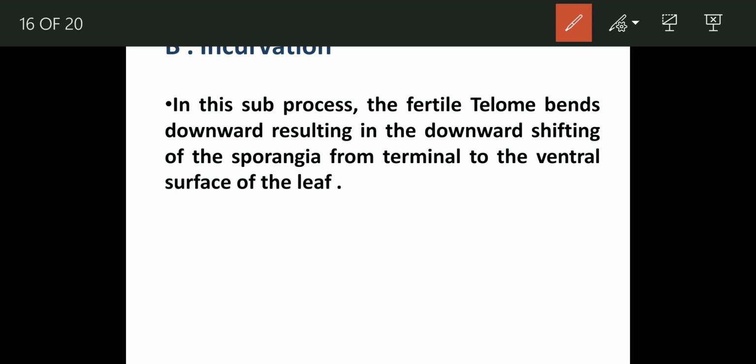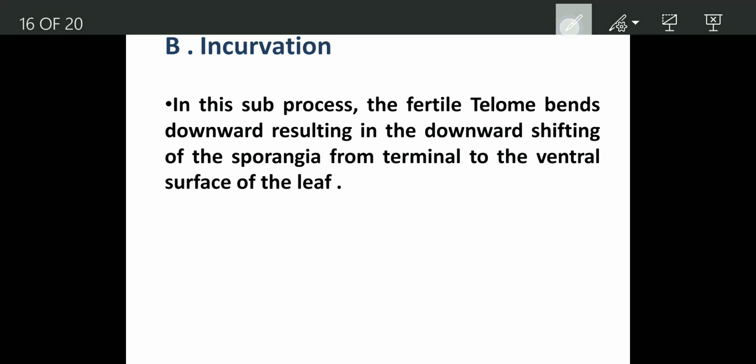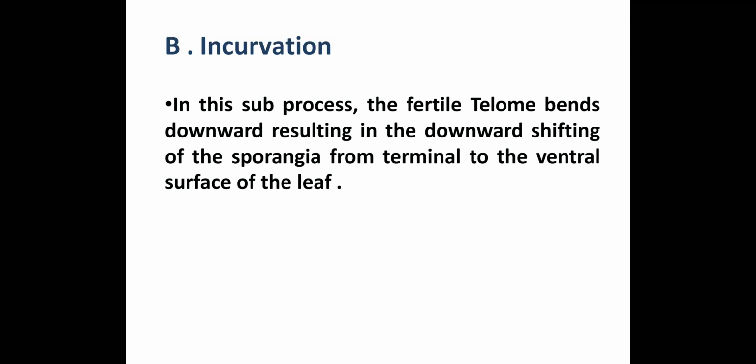That means, like in your case of ferns. In ferns, what do we see, they are present on the upper surface of the leaves at the margin of the leaves. So it is incurvation, they have come upwards. In recurvation they went downward, while in incurvation they have come upwards. So this is how the telome theory was explained.